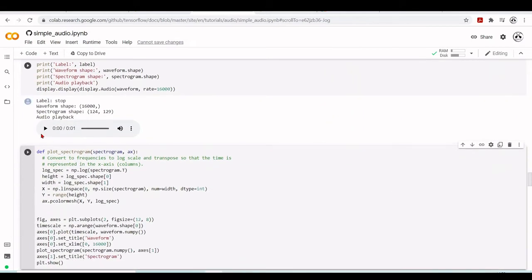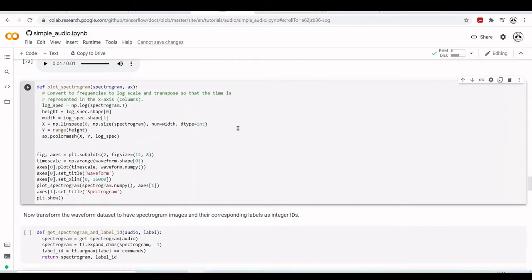Here we'll listen to stop. Okay, so I can understand stop, and hopefully our model, after being trained, will also understand that this is a stop. Next, they define a plot spectrogram function that converts the frequencies to log scale and transposes